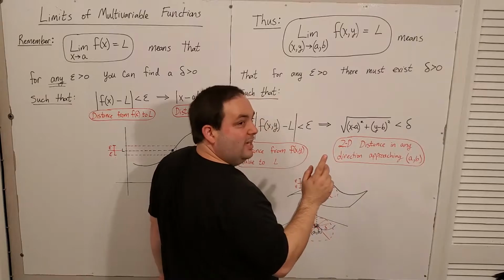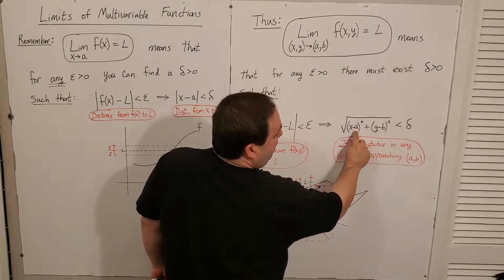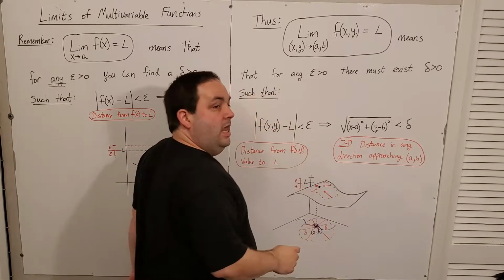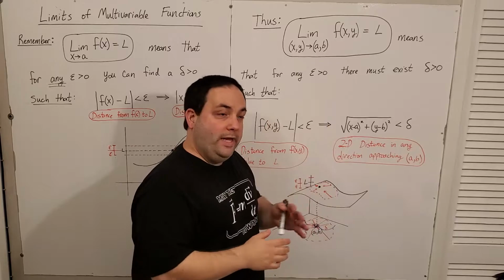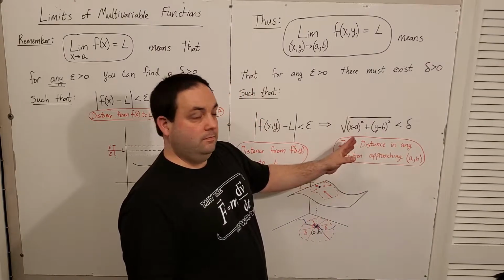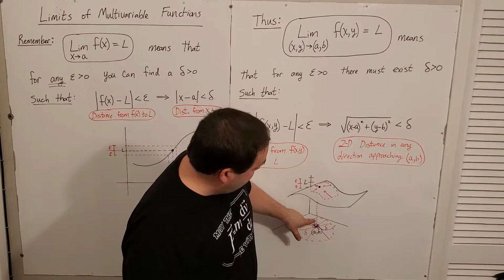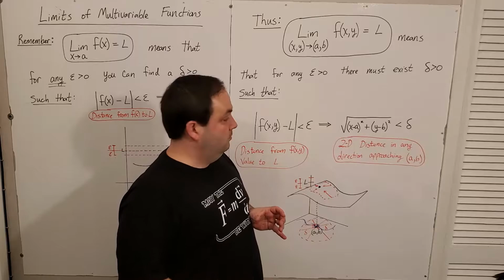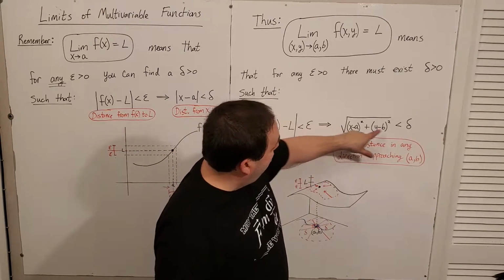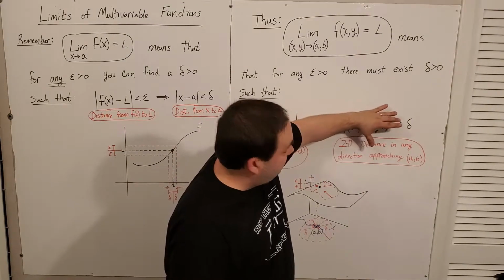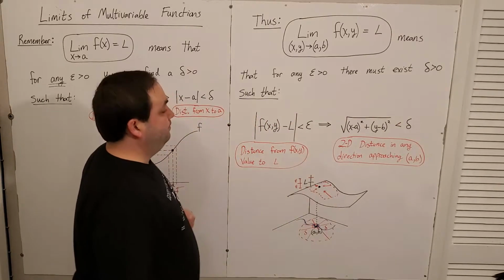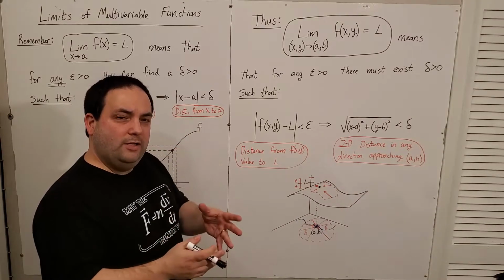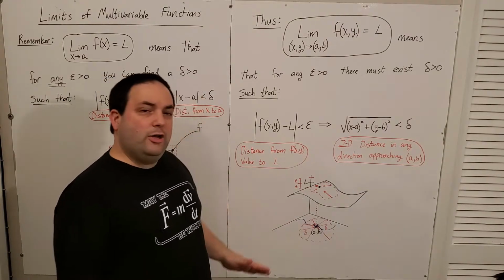But it's not just any two x's and y's. AB is the point that we're interested in approaching. And x and y right here is going to be all points within this radius. Okay? So I'm talking about x and y picking all of the points that are going to be within this circle. Okay? So it's all points x, y less than delta that make this true. Right? Okay. So it's basically the same idea as far as domains and ranges go, but the higher consideration is